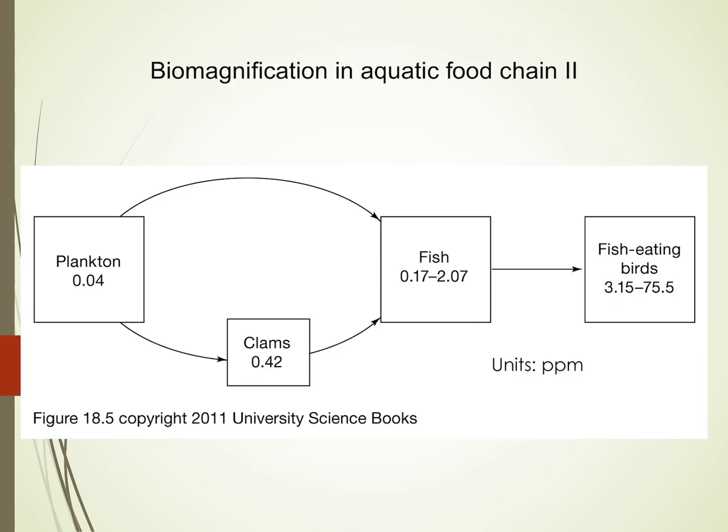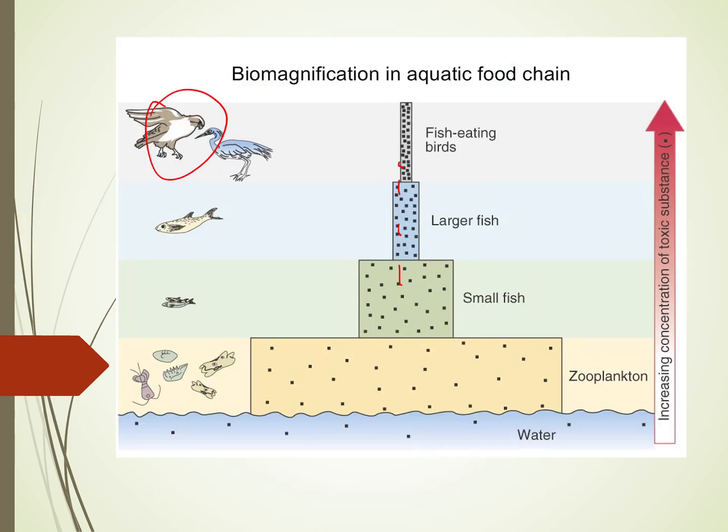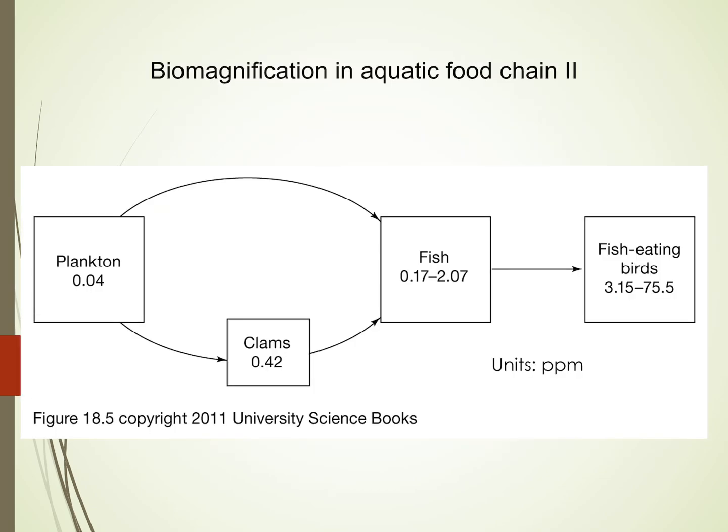So here you can see, this is not from your book, but this is measurements in the plankton. Down here, it's only at 0.04, and this is units of parts per million, so milligrams per kilogram of fish weight. In the clams, it was up to 10 times more, 0.42. In the fish, not quite 10 times more, about 5 times more. And then into the fish-eating birds, heck,